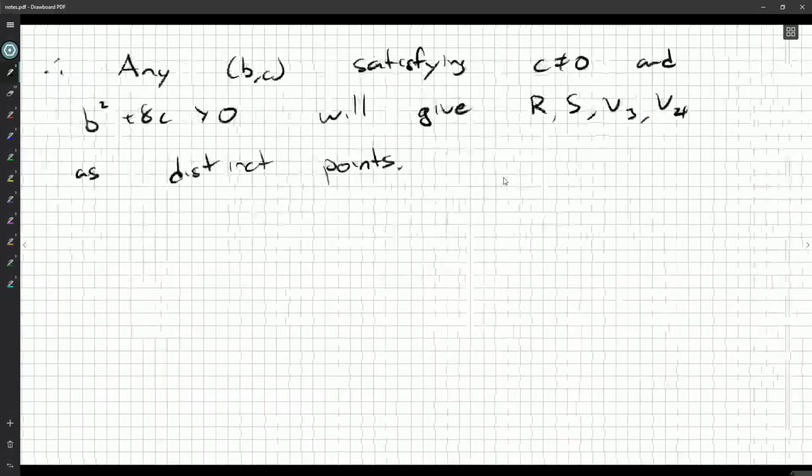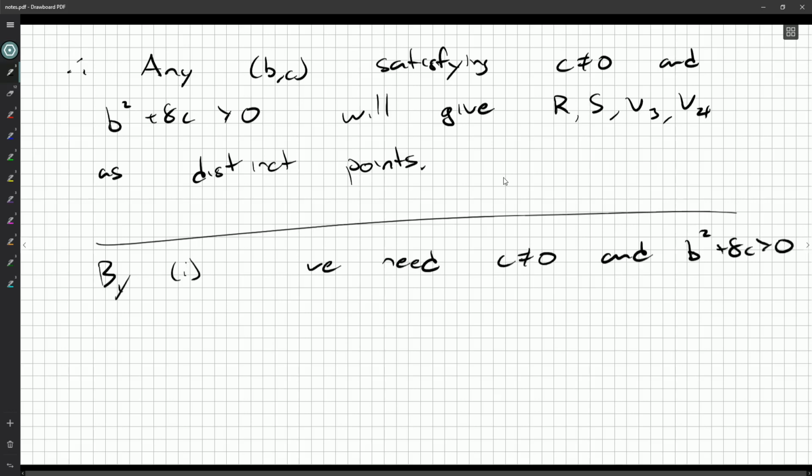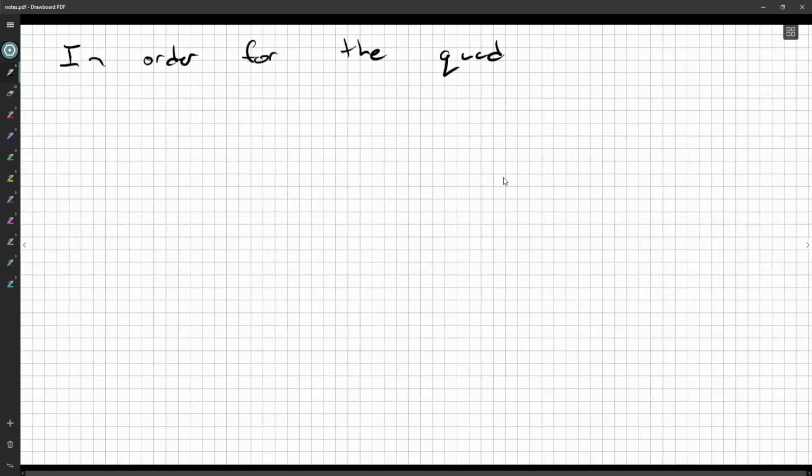So, we'll start off by saying, okay, by 1, we need C to not be 0 and B squared plus 8C to be greater than 0. Okay? In order for the quadrilateral, this is the main focus, quadrilateral to be a rectangle,